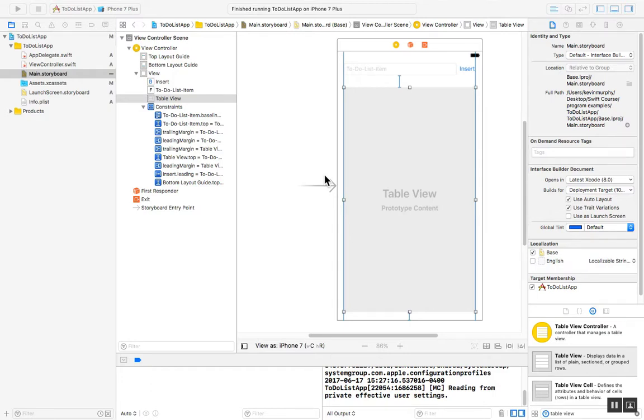Hello class, welcome back. So in this class we're going to discuss how we're going to stitch the view components with the actual code itself. So it's going to be very similar to the Mac OS application. You'll see in a moment here. So go to View Controller,